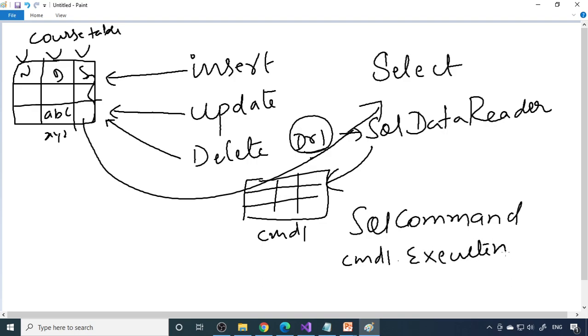Non-query means it is not a query. Query is a select statement. When it's a non-query, it is not a select statement, that is an insert, update or delete statement. When you execute this, no data will come back, but it will manipulate the data. But whereas if you want to select the data, then you have to use the SQL data reader. You should know this, then it is easy for you to understand why you have to use the SQL data reader.